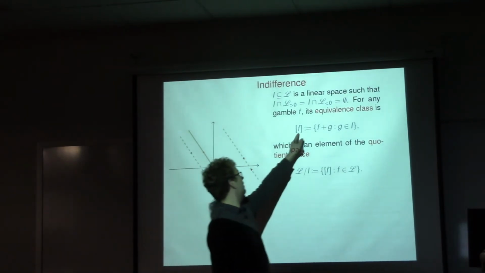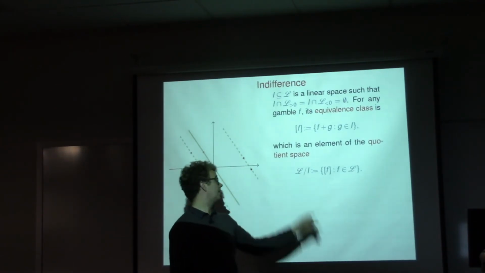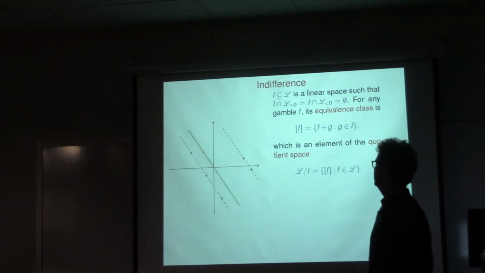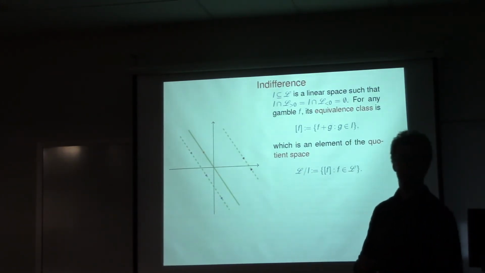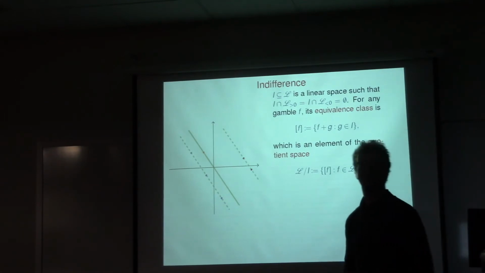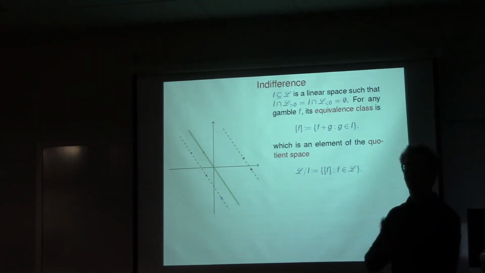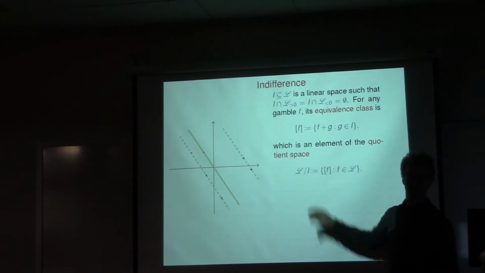And actually the set of all those equivalence classes is a quotient space. The quotient space is a real linear space, and actually it's an ordered real linear space. Before, I defined choice functions and sets of desirable gambles on the real linear space of gambles, which is also an ordered space. This was not necessary. I could define it on any ordered real linear space, for instance, on the quotient space.